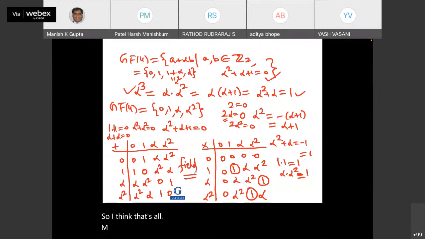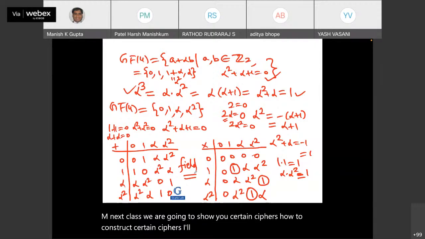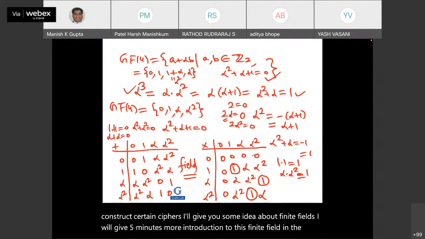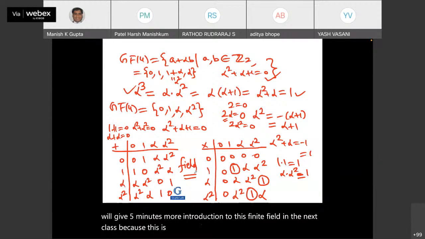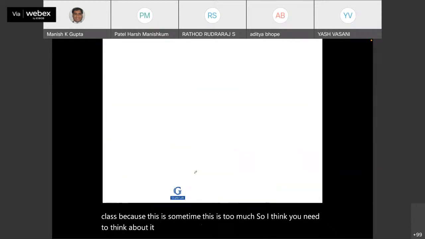Next class, we are going to show you certain ciphers, how to construct certain ciphers. I'll give you some idea about finite fields. I will give 5 minutes more introduction to this finite field in the next class, because this is sometimes too much, so I think you need to think about it. And as a question, I'll say that